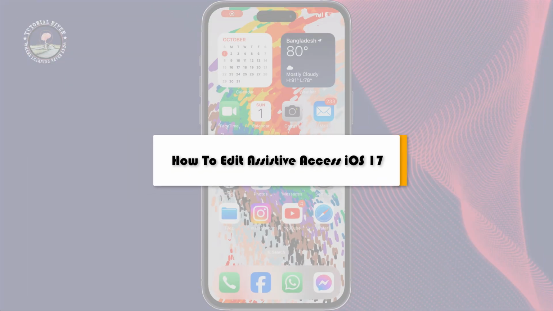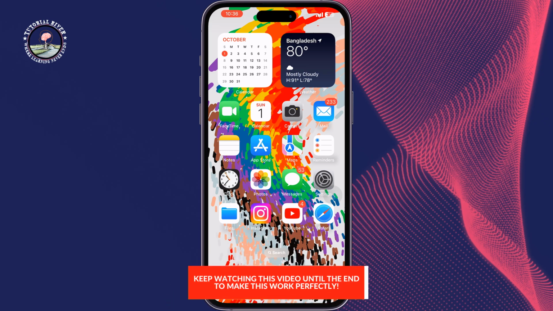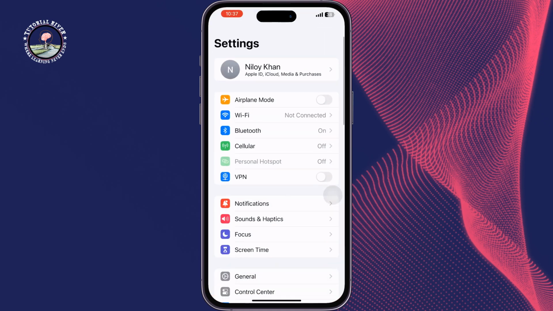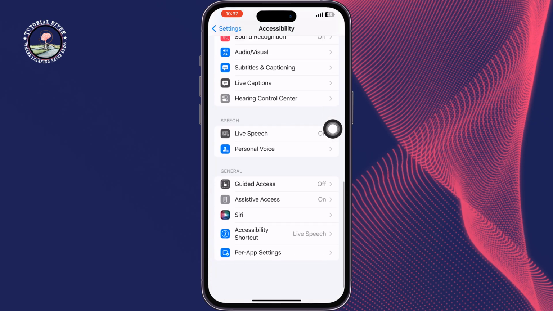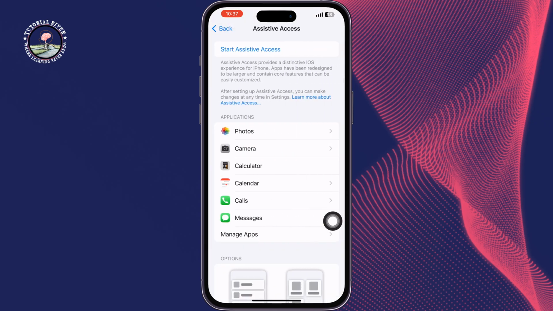This tutorial review will show you how to edit Assistive Access. You can easily add or remove any apps from Assistive Access. To do that, go to your iPhone settings, scroll down, tap on Accessibility, scroll down, tap on Assistive Access, and